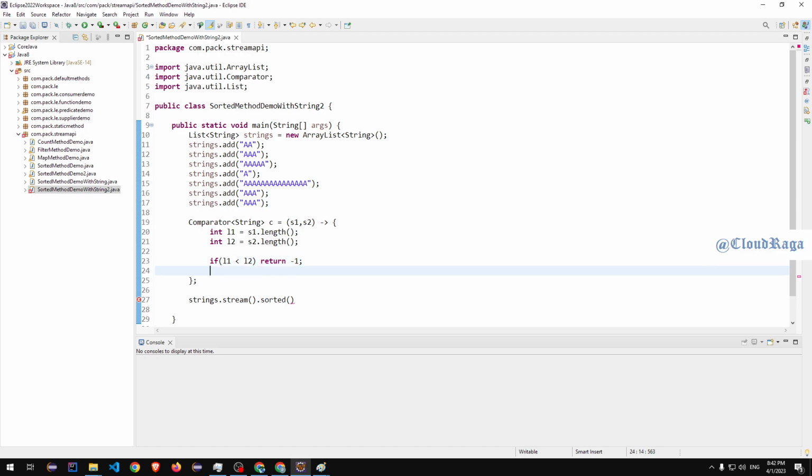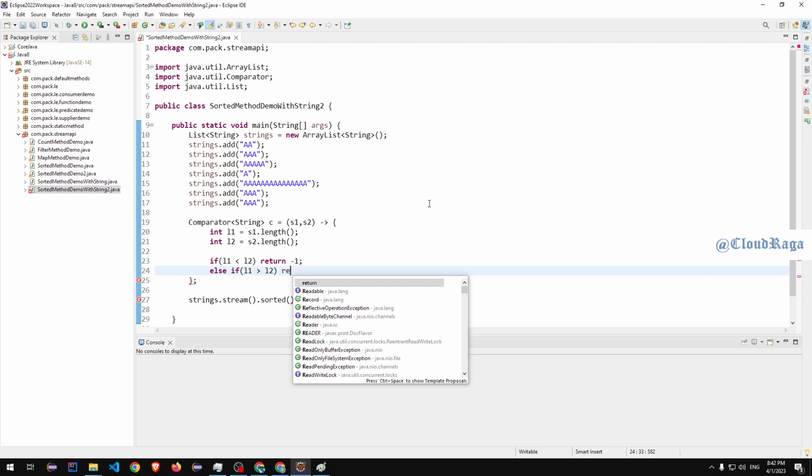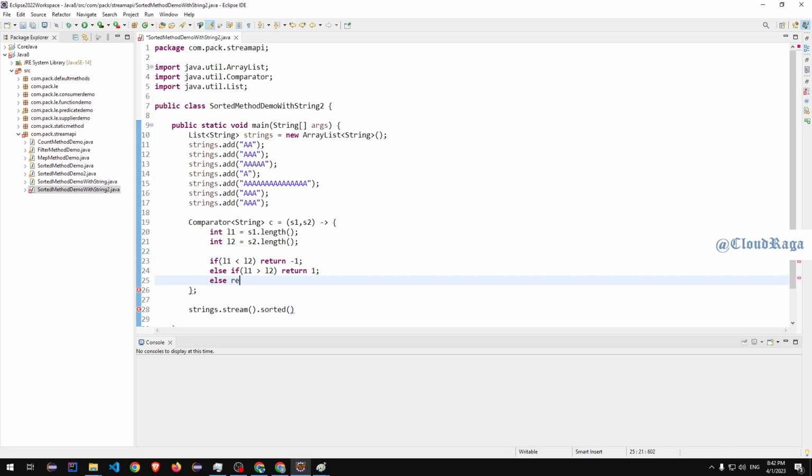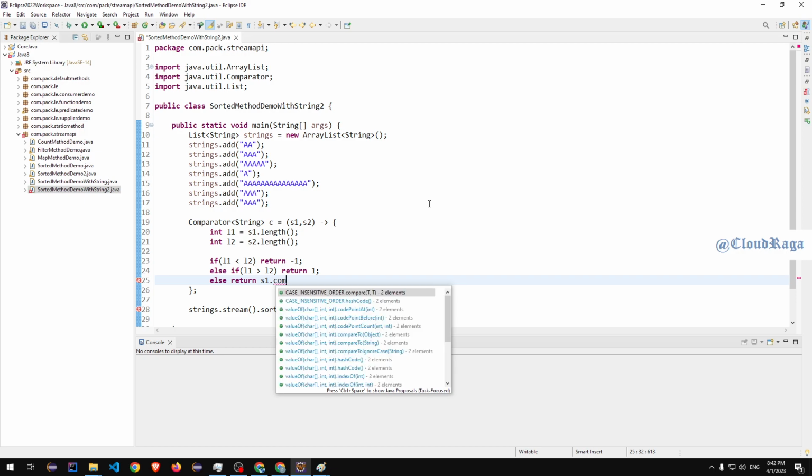And else if, you can go for l1 greater than l2, then return 1. Then else, if the length is the same, we have compared, if it is less do this, if it is greater do this, if they have the same length, we have a string, so what can we do with compare s1